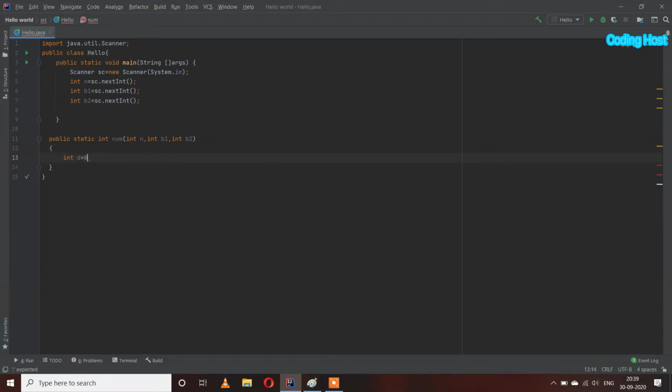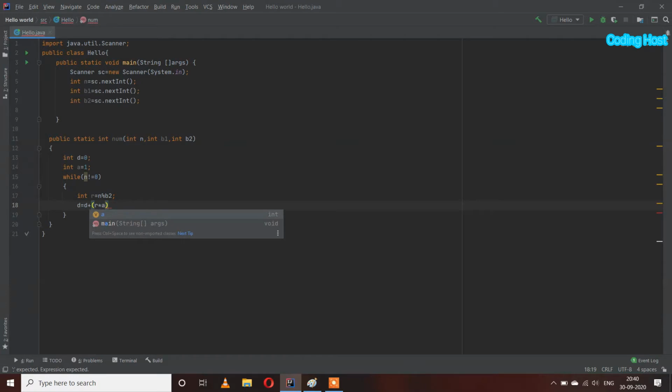Inside this num method I will take a variable int d equal to 0. In this variable I will store our destination number. After that I will take a variable int a equal to 1, and then I will take a while loop: while n not equal to 0, and in this I will write int r equal to n modulus b2, and d equal to d plus r into a, and n equal to n divided by b2, and a equal to a into b1.